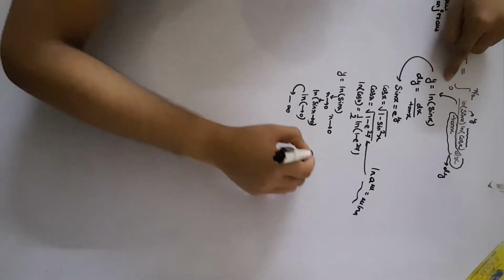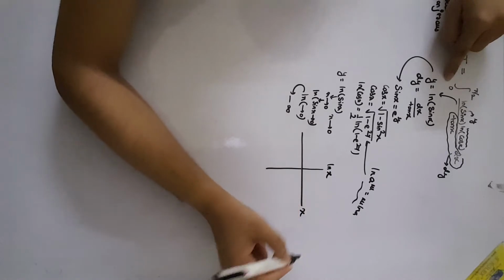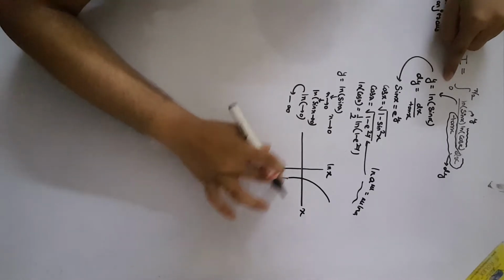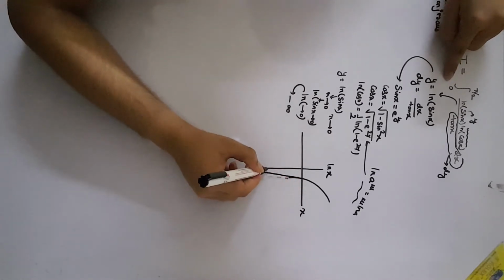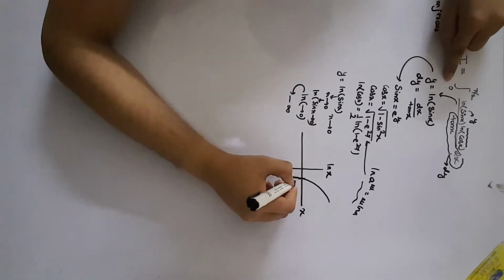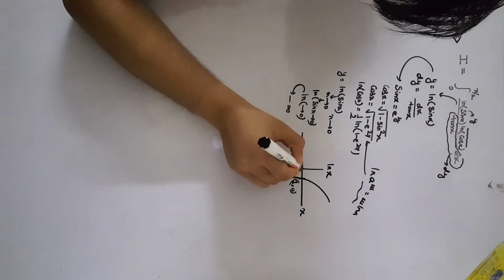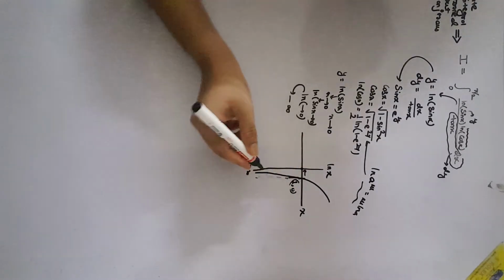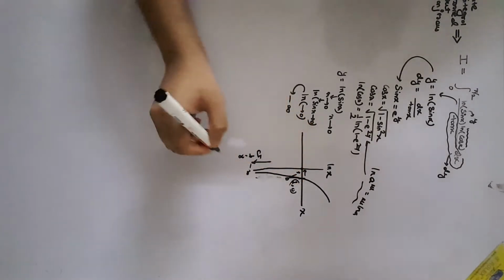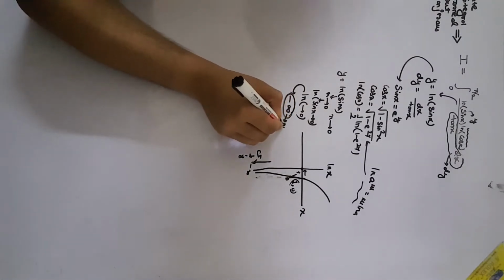How? Because we know from the graph of the natural logarithm, natural logarithm of x versus x, that its graph is like this. Let me make it more clear. The graph is like this. It will cut the y-axis, or the ordinate, at minus infinity. This is the coordinate (1, 0). So you can see that as x approaches 0, y approaches minus infinity. We can see this from the graph here. So this is the new lower limit.